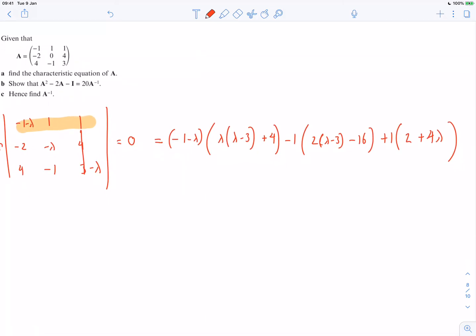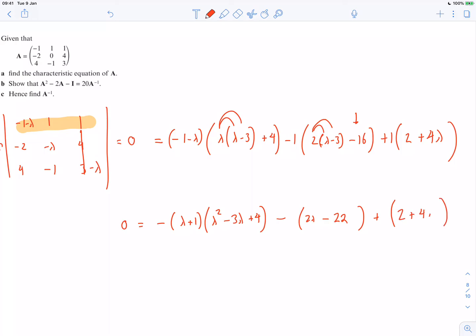So the characteristic equation is 0 equals. Now if I take a minus out, this becomes lambda plus 1. If I tidy all this up, I've got a lambda times lambda, which is a lambda squared. I've got a lambda times minus 3, which is minus 3 lambda, and that's plus a 4. And I've got minus, and then I've got 2 times lambda, which is 2 lambda, and then 2 times minus 3 is minus 6, and don't forget I've got minus 16, so that becomes a minus 22. And then plus, and then I've got the 2 plus 4 lambda here. Okay,